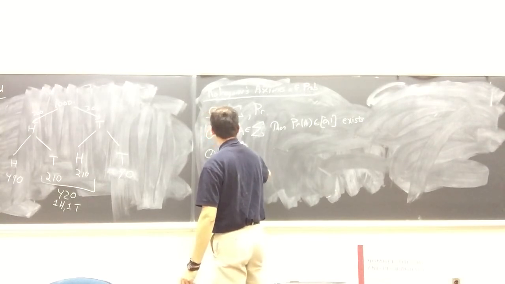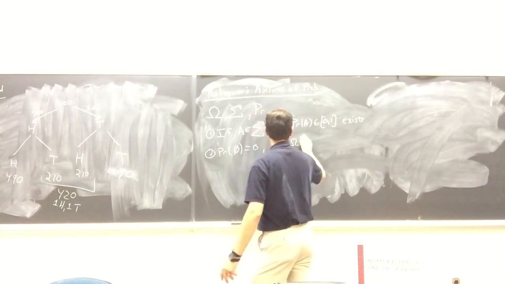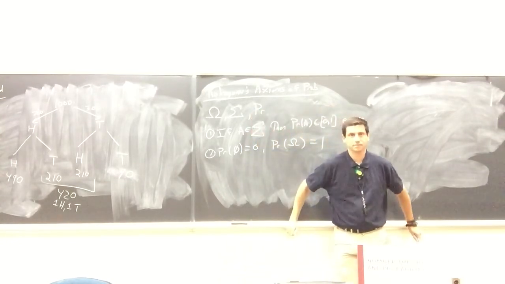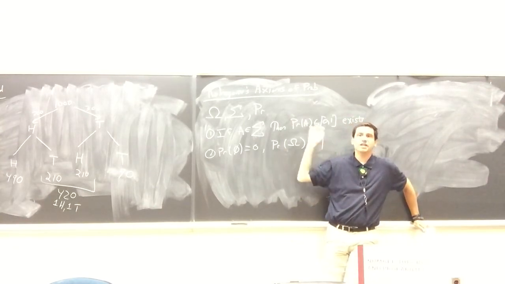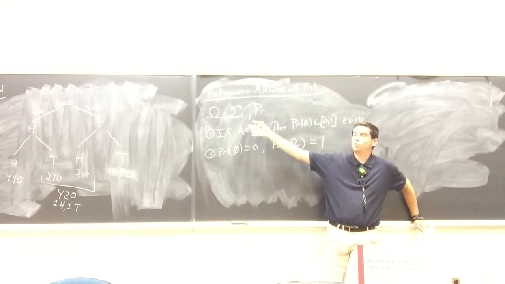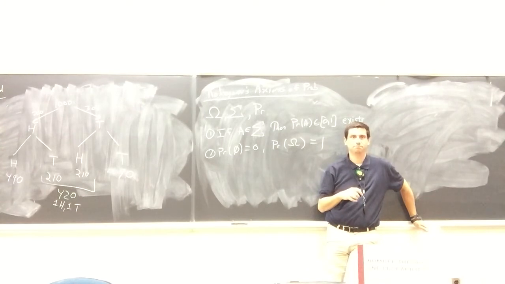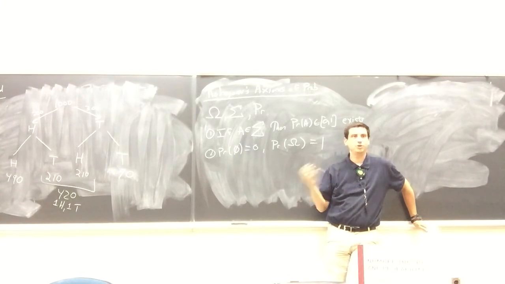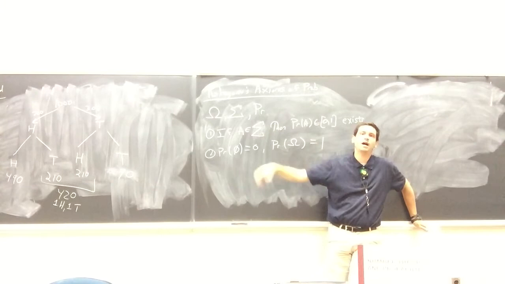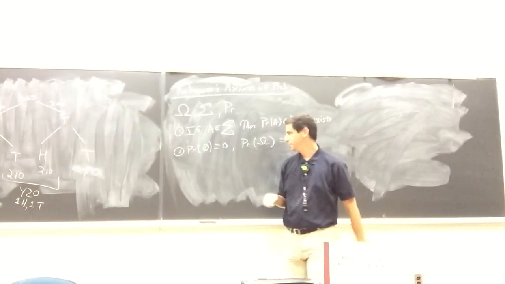The probability of the empty set is 0, and the probability of omega is 1. So think of it as we are assigning probability to the space omega. The whole space is given probability 1. And that probability is going into some of the elements in some way. And so if we don't have any elements, no probability was assigned to that. All the probability is given somehow to the elements of omega. Does this seem reasonable? All right, and then the last one